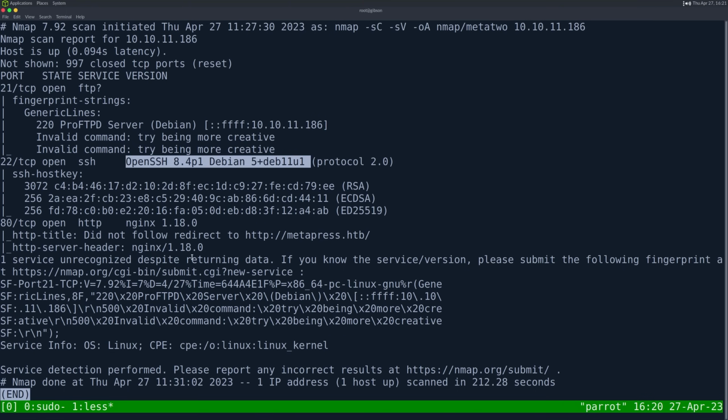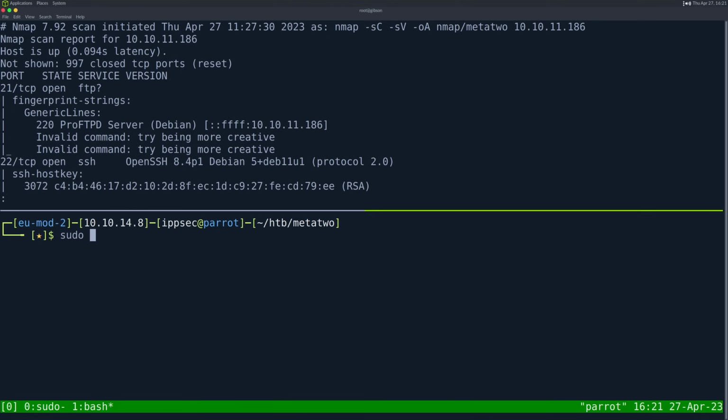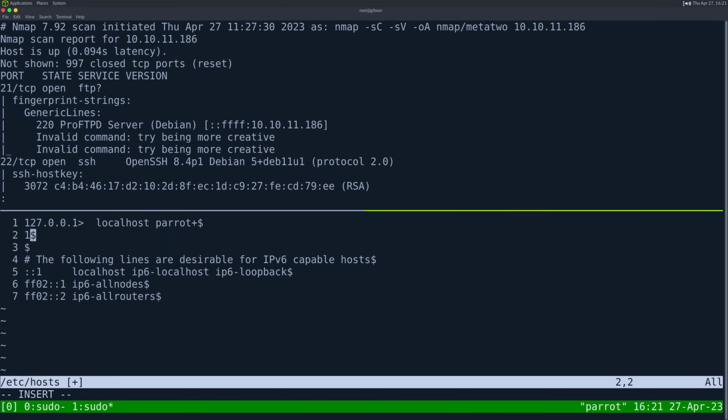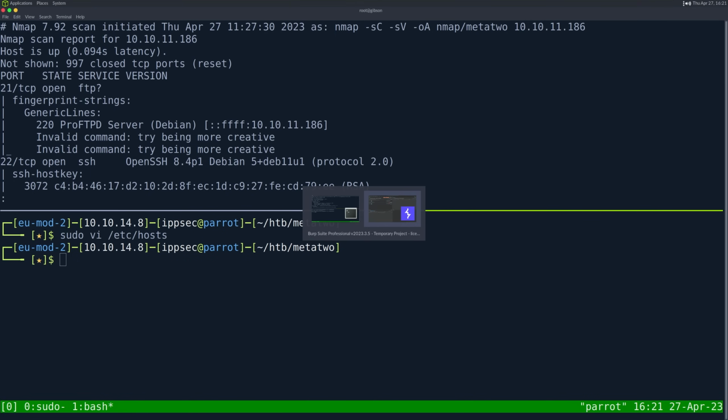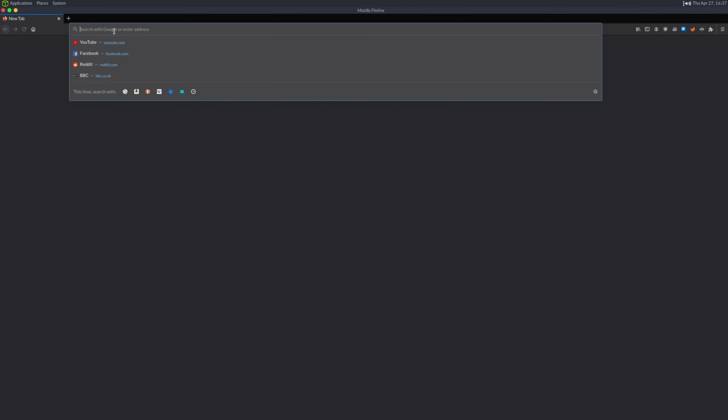It's telling us it's a Debian box. Then we also have HTTP on port 80. It's telling us it's Nginx, and it's redirecting us to metapress.htb. So let's add this into our hosts file. So sudo vi /etc/hosts, and then we can do 10.10.11.186 and put metapress.htb. And let's open up Firefox and navigate to